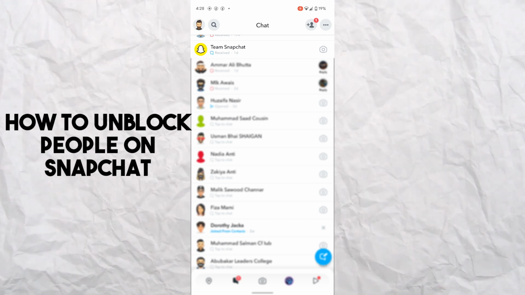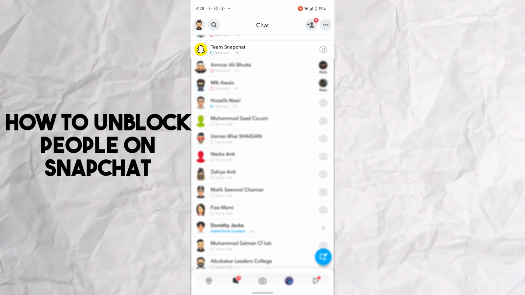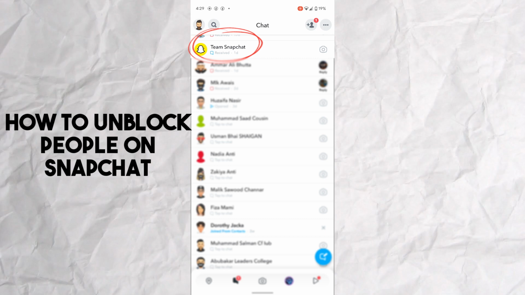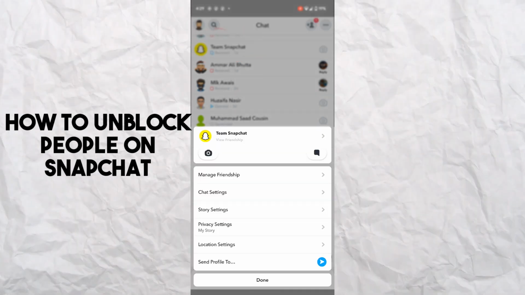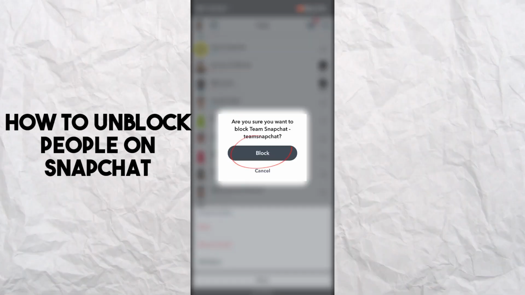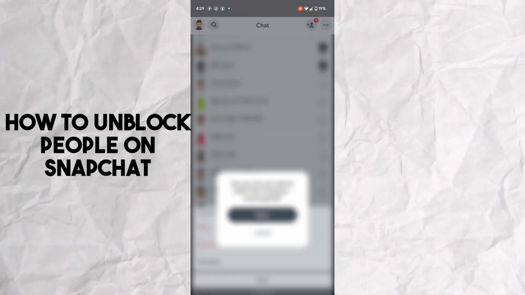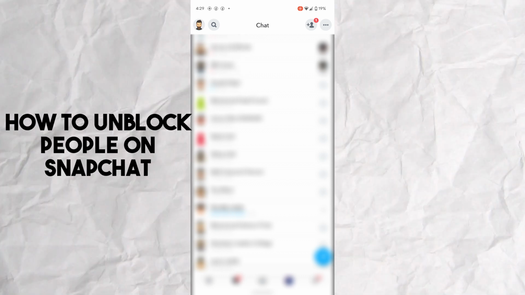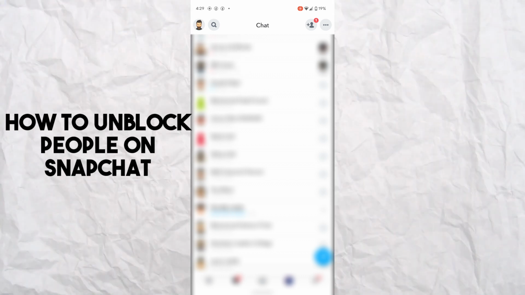First of all, open up the Snapchat app on your mobile phone. After opening up your Snapchat app, first of all, I'm going to block someone. So you just have to hold on, and here you have to tap on manage friendship and tap on block. And you guys can see I have blocked the Snapchat official account, and now it's time to